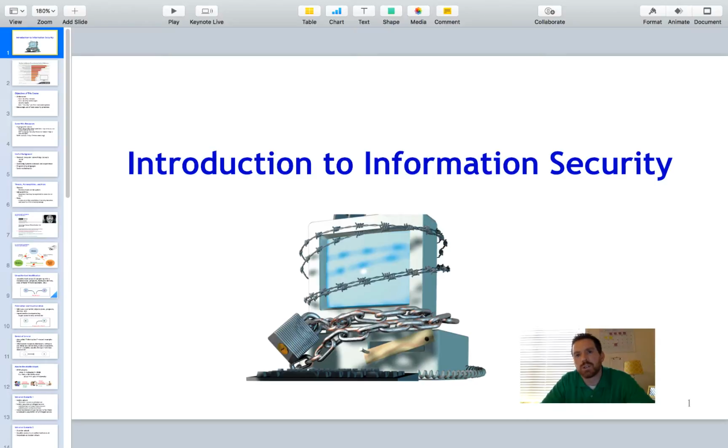ITIS 6200/8200. This is going to be for the graduate school at UNCC. So basically what this class is going to be is an introduction to basic concepts of principles of information security. The reason for this class is to introduce those that are entering the IT field to either do one of two things. Either IT security is your preference, that's the direction you want to head into, that's your goal,